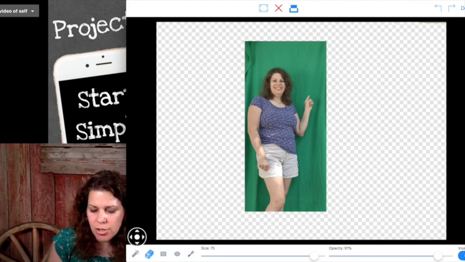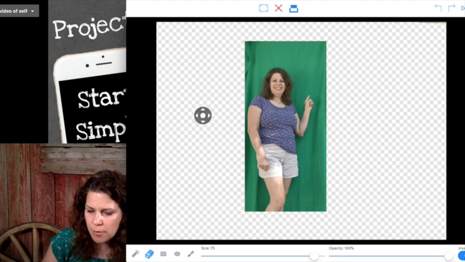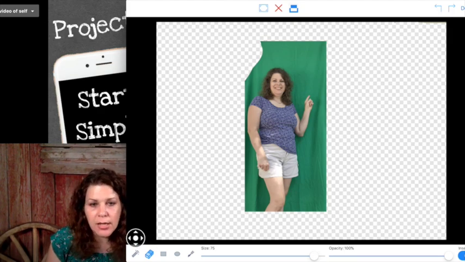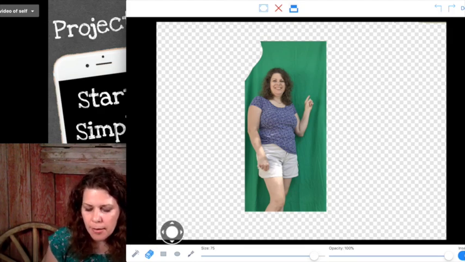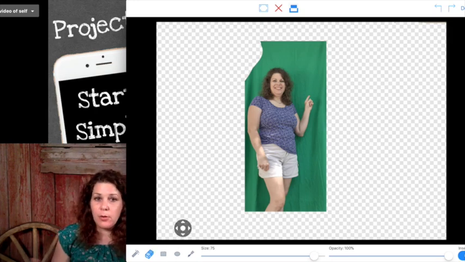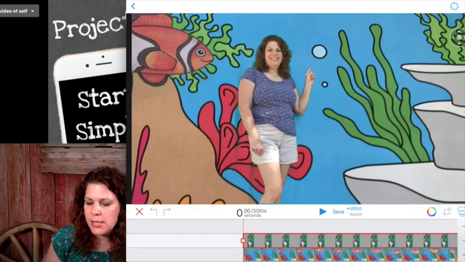But the magic tool will do a whole section. The little eraser does all kind of little areas, like if you need to do, oh, my opacity isn't all the way up there, that's why. Oh, there we go. So it'll do this little section here where it's kind of wrinkled. And then the magic thing does a whole area, and then the square and circle do the shape. So it's kind of like when you draw a shape, only you're erasing the shape. I can tap done, and now you can see that I'm pretty much almost ready,